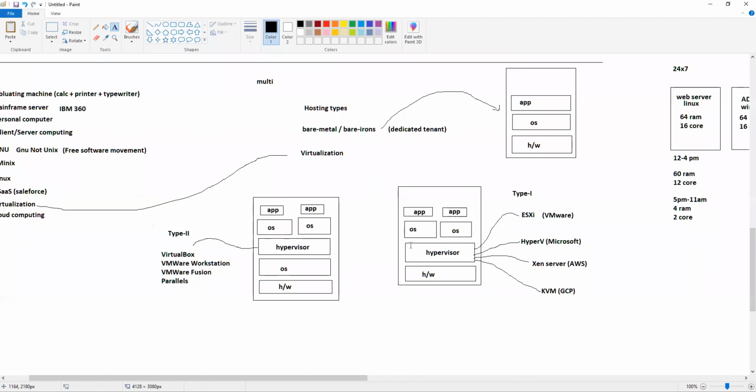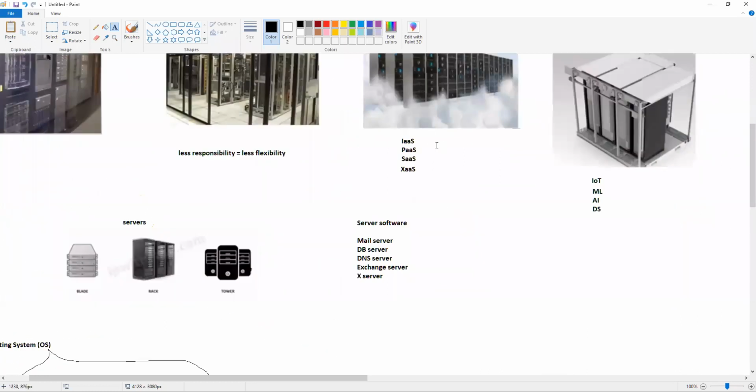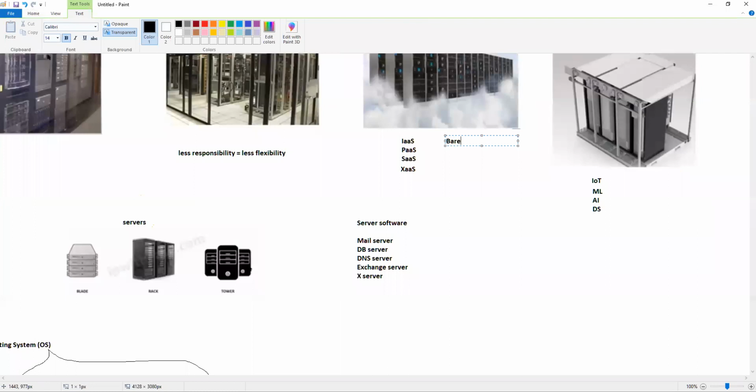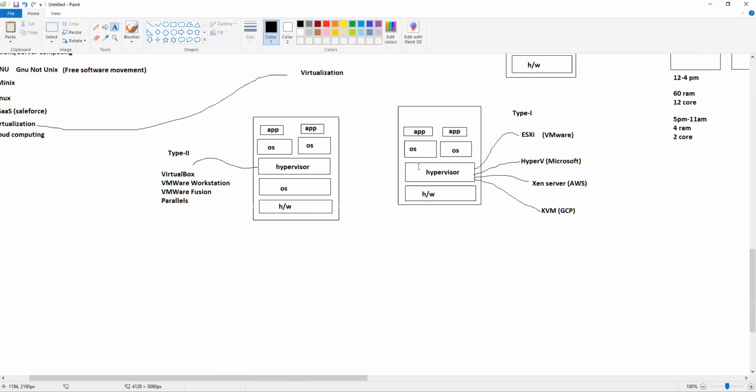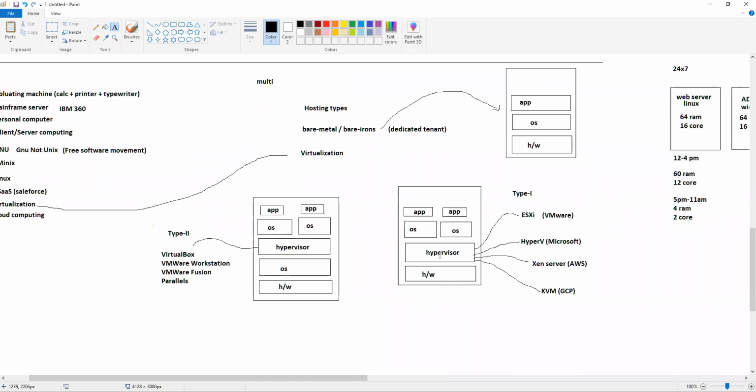But in the bare metal solution, you can also choose the hypervisor, and that's a new type that companies are coming with. They're also providing a bare metal solution. So that is also one of the cloud types that should come here. With bare metal, you can choose the hypervisor that you want, and on top of that you can use the operating system of your choice and then the application of your choice. And when we talk about bare metal right now, normally bare metals refer to dedicated tenants. Dedicated tenant means you have a setup like this, and you don't have any other person sharing the same hardware.